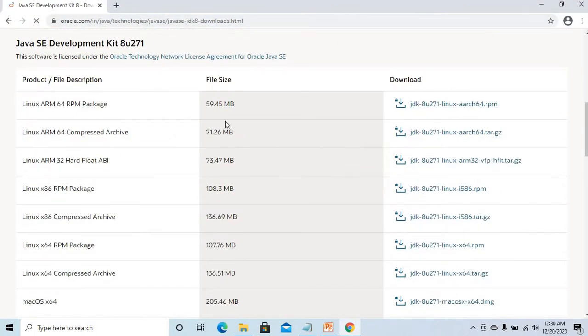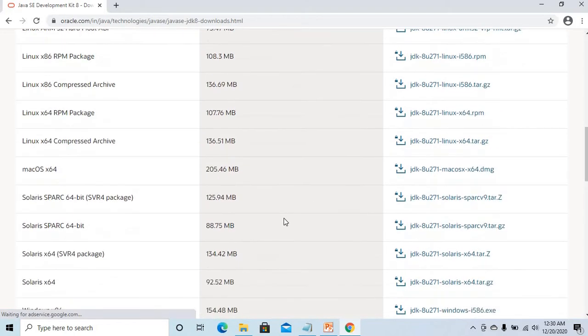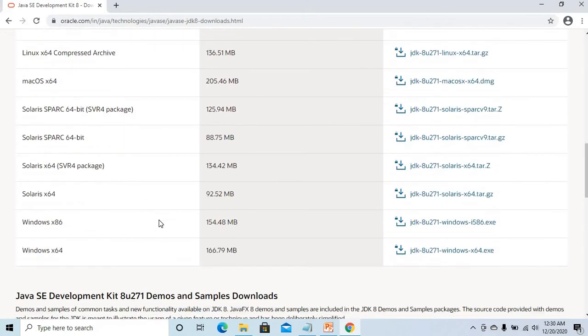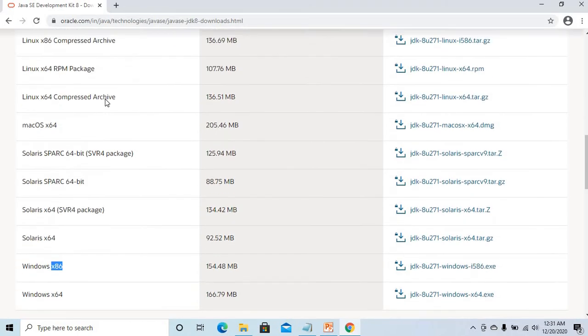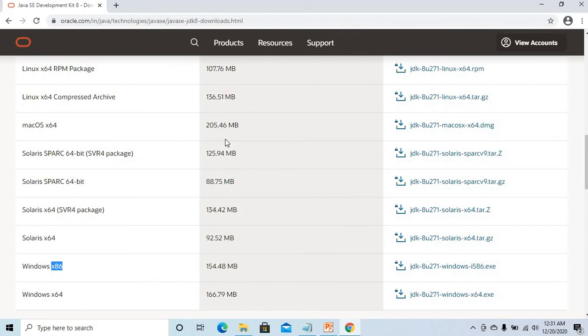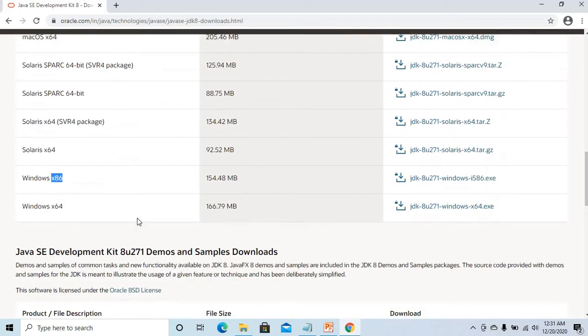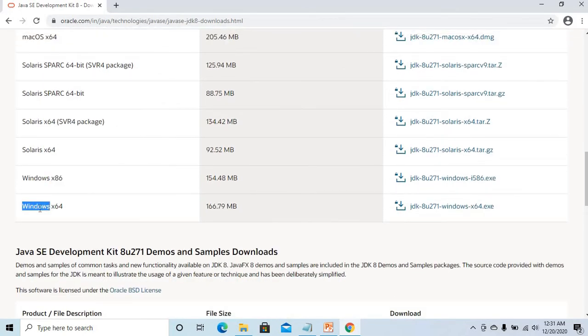You can see different JDK downloads for different machines, that is, operating systems. My machine is Windows 64-bit, so I can simply download this one. Depending on your machine and your bit version, whether it is 86-bit, 64-bit or 32-bit, or if it is a Mac or Linux, this page has the JDK for all the different operating systems. For those using Windows 64, simply download this one.